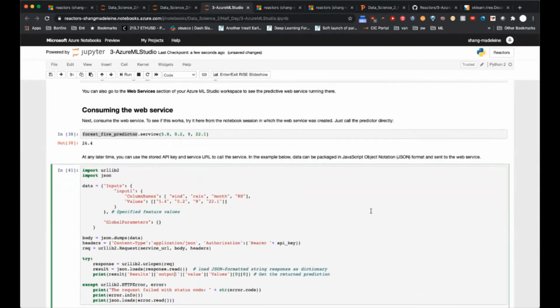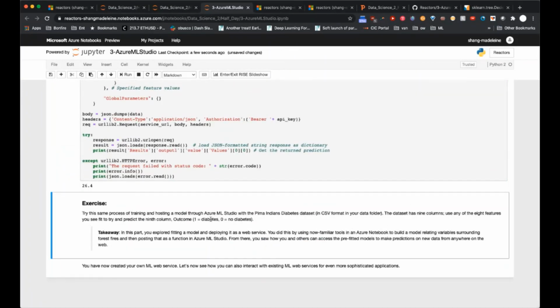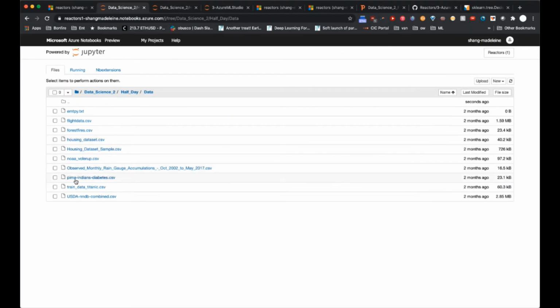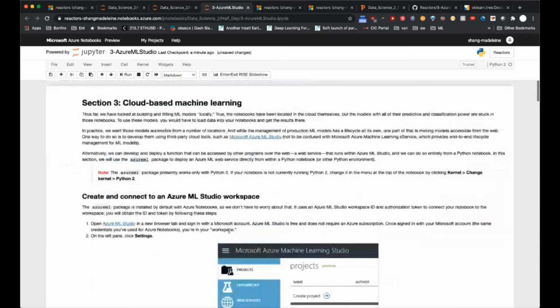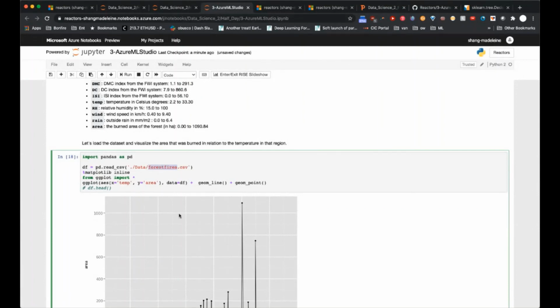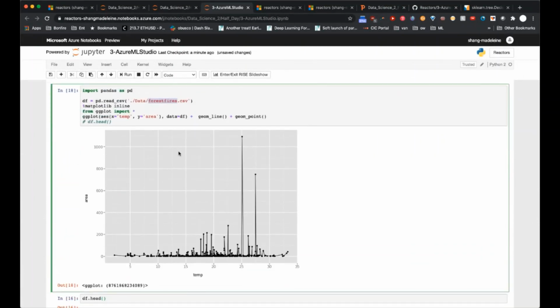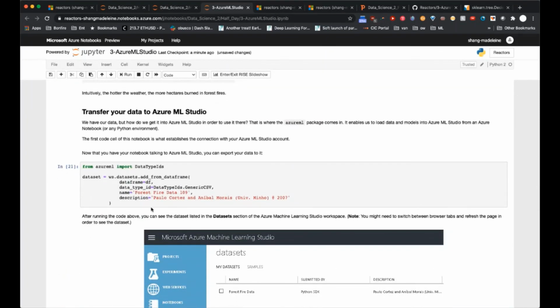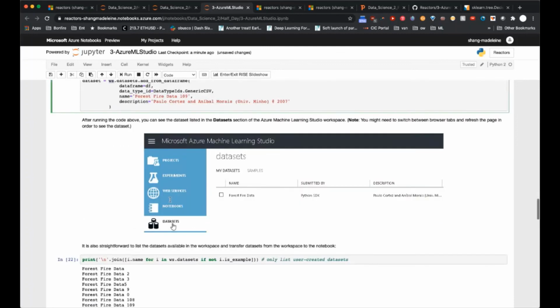So with that said, this is actually the end of our official planned content. There is an exercise here that I would highly encourage you to do. Like I mentioned, there's a dataset folder that you can have access to. And in the dataset folder, there's the Pima Indians diabetes dataset, right? So I would encourage you to replace this dataset over here and go through all the same steps, do your best with feature engineering, data exploration, data cleaning. After you have clean data, do your train test split, and then also send the data into your workspace instance,